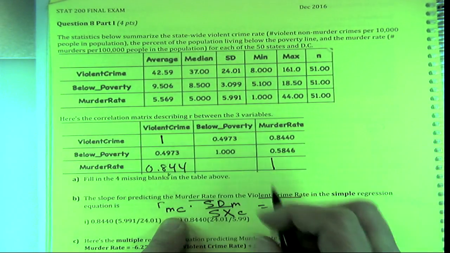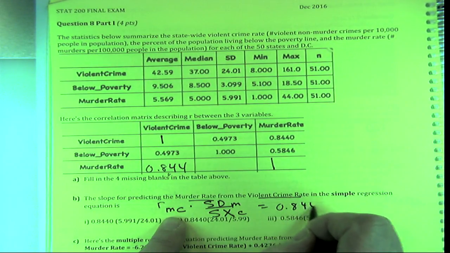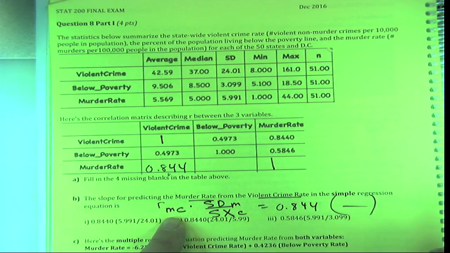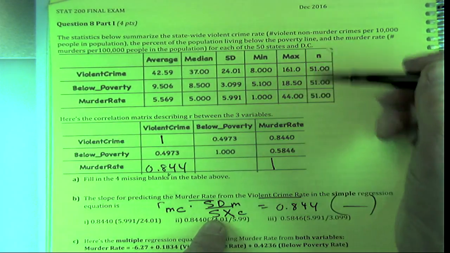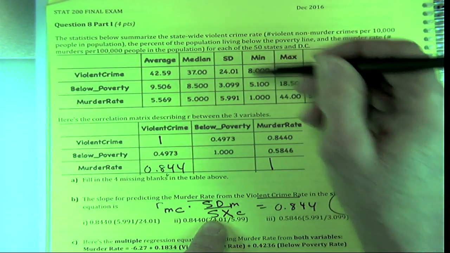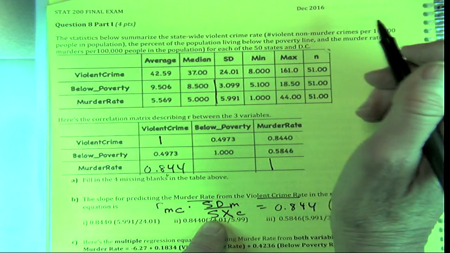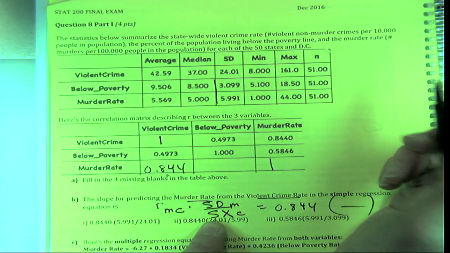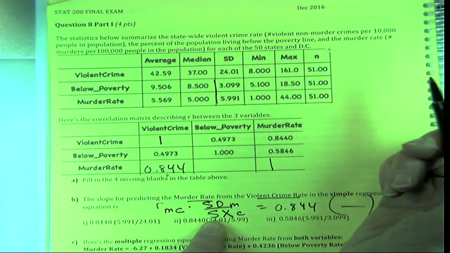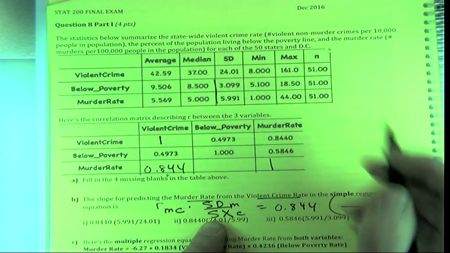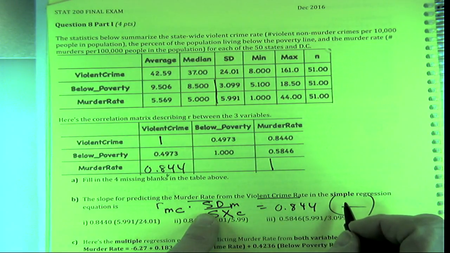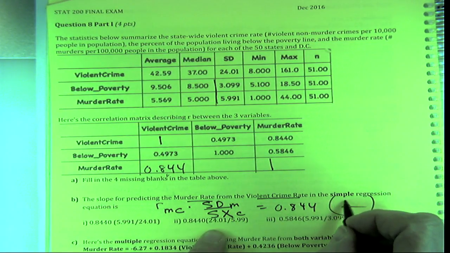That's this one right here, 0.844, times the ratio of their standard deviations. Where are the standard deviations? Right here. So we want the ratio of these two. Murder and what? Crime. So murder is